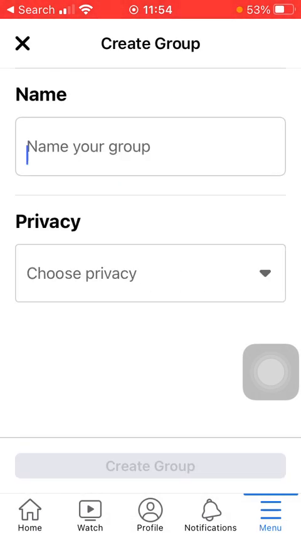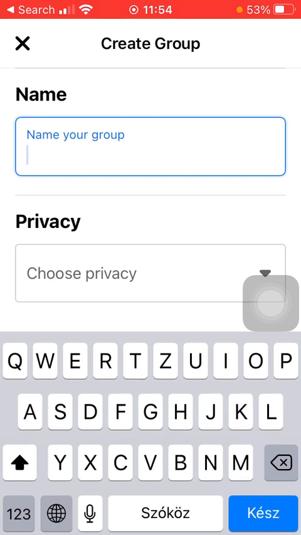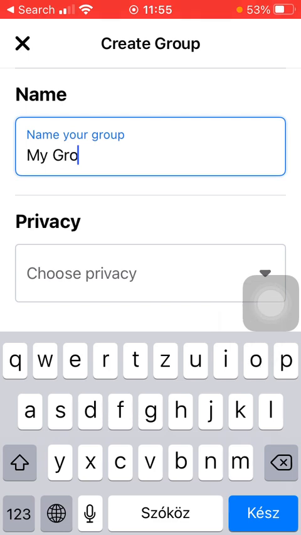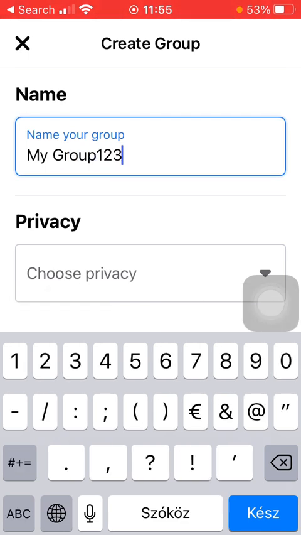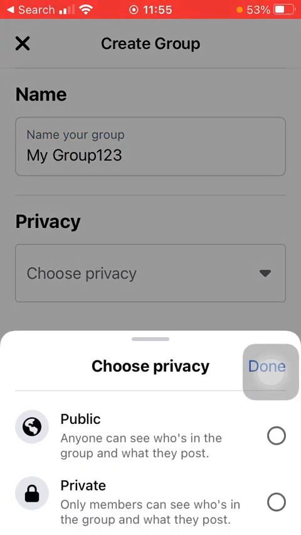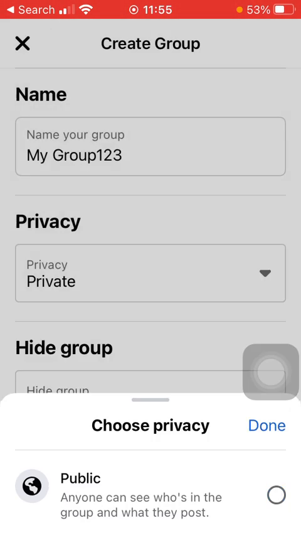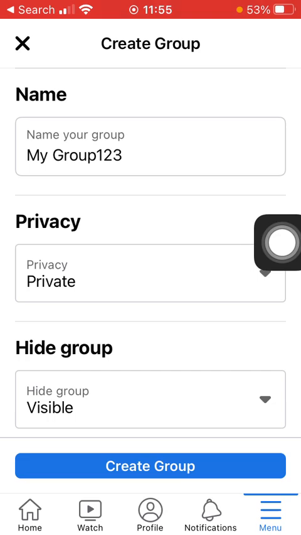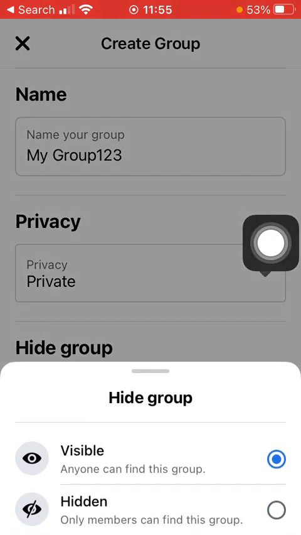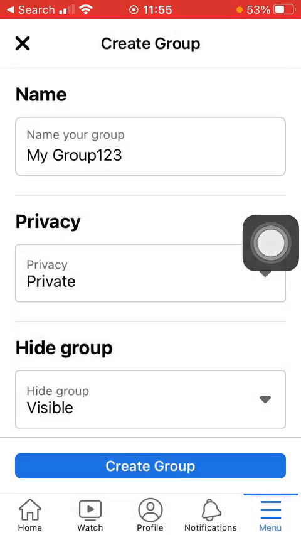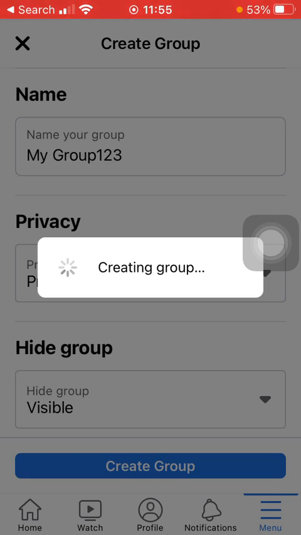Tap on name your group and type in the name of your group. Select its privacy, either public or private. Tap on it and click on done. Scroll down and here you can hide the group or make it visible. Tap on create a group down below,